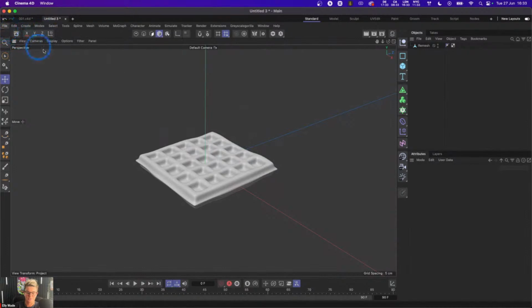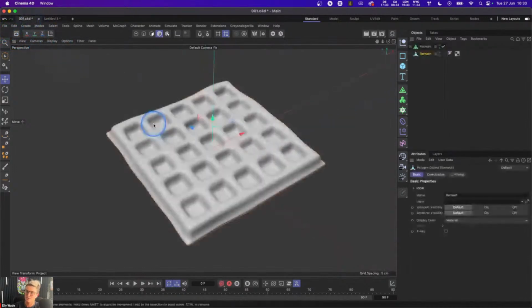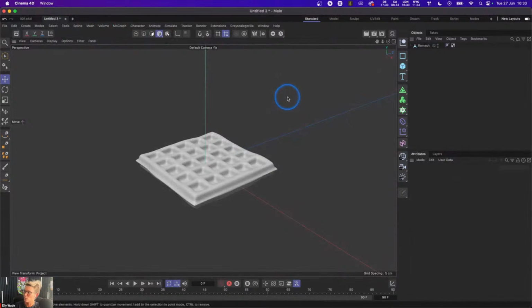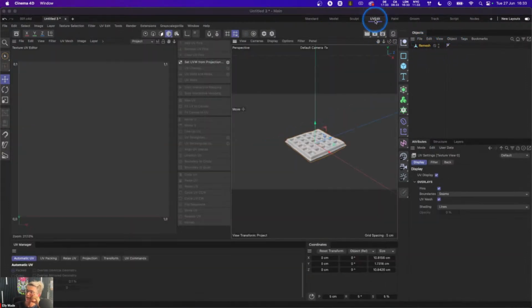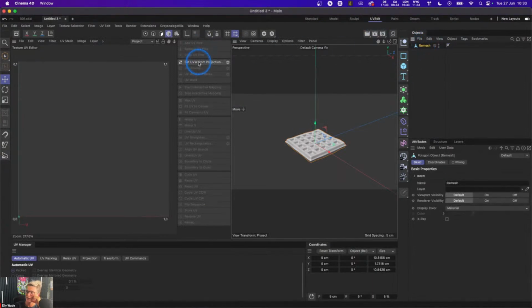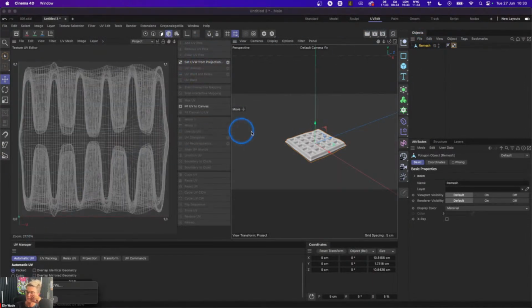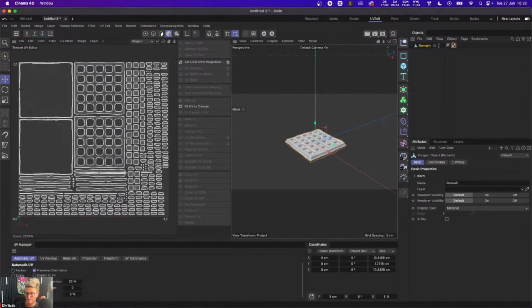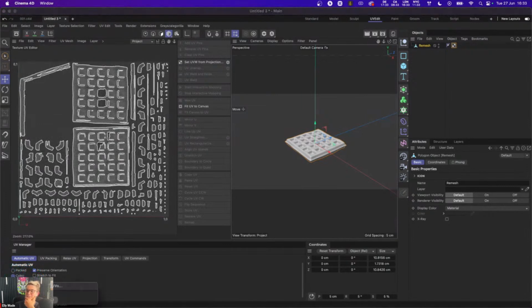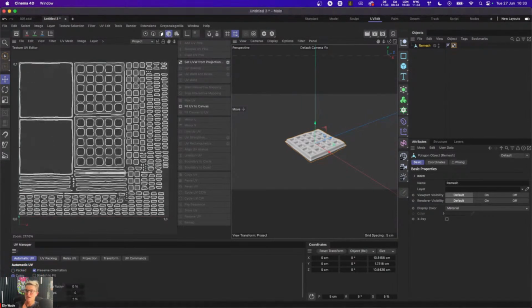So let's go to save, because I came across a bug earlier. There's a little bit of a bug when you go to the UV edit mode. Sometimes it can cause a little crash. So just in case, I'm going to hit save. So I'm going to remove my UV tag because I'm going to reset these up myself. We're going to go to the UV edit mode, and I'm just going to click set UV from projection, and then we're going to apply some packed UVs. And okay, that is looking not as nice as it did earlier. Okay, I mean, that's not that bad, but